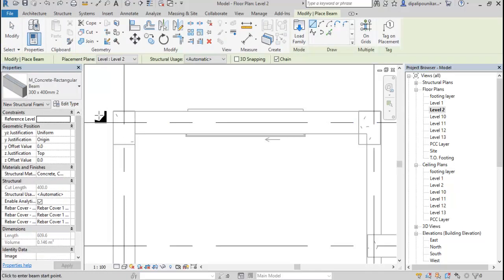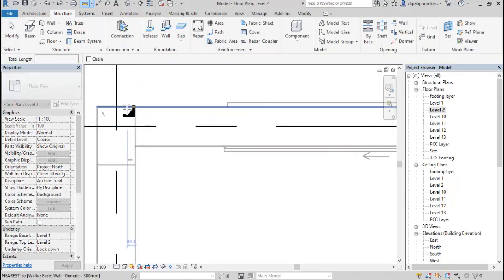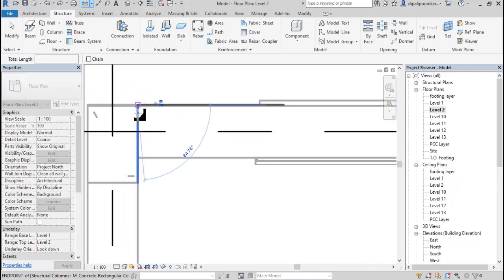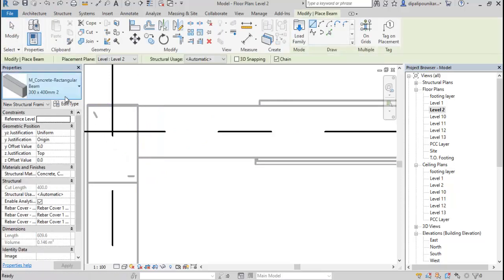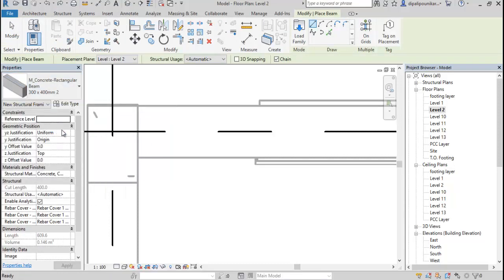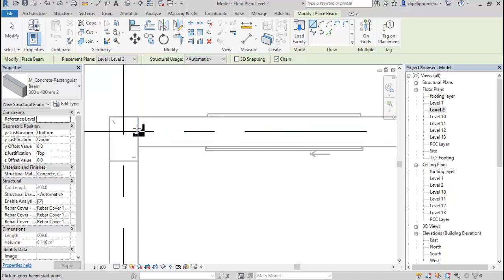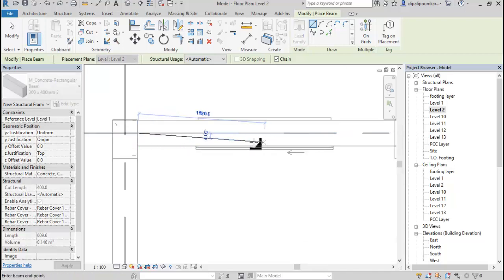Okay, if the dimension of the beam is different, how can we calculate it? Just click on the dimensions, and all this scenario is based upon your design parameters. We don't have the design, that's why we are just not considering it. So you can see it is 305, 306. Okay, so what you have to do, just go to the beam. Select your concrete member, which is the 300 by 400 you selected, and you can see here you need to assign it. But it is totally based upon your design parameters.